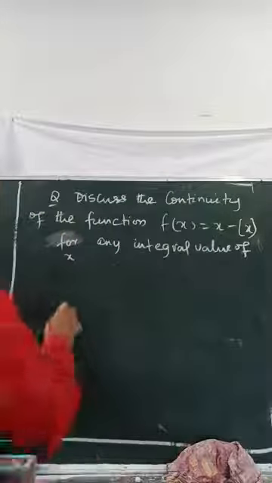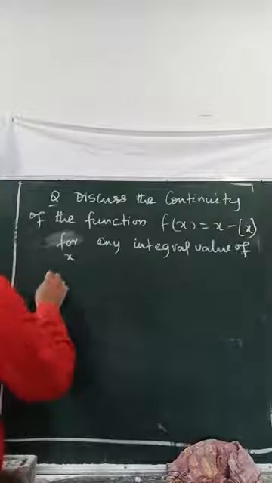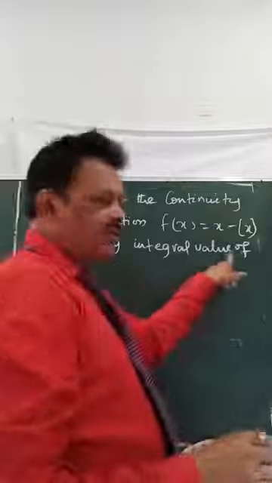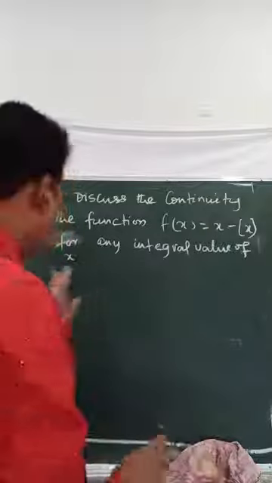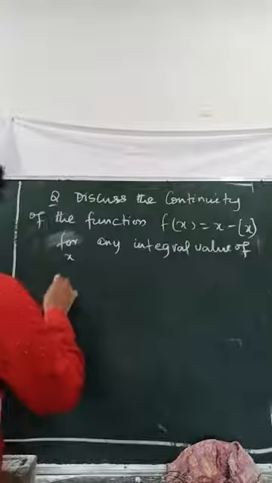That means for a particular point it is asked, it could be 1, it could be 2, it could be minus 1. So what we'll do is, we'll take here,